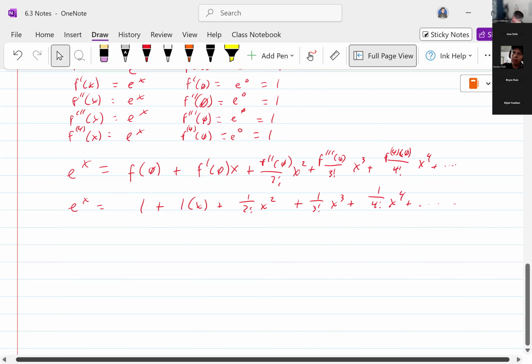Okay, so let's clean this up a little bit more. 1 plus x plus x squared over 2 factorial plus x cubed over 3 factorial plus x to the fourth over 4 factorial